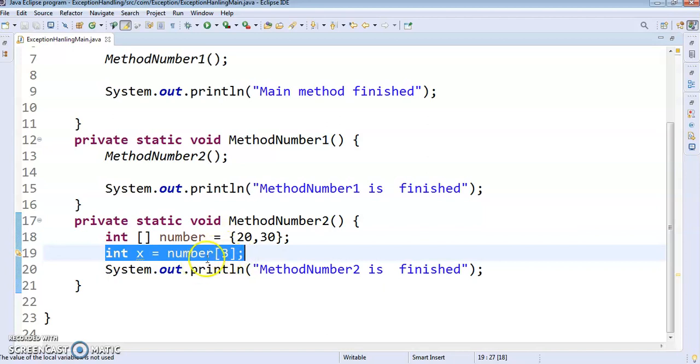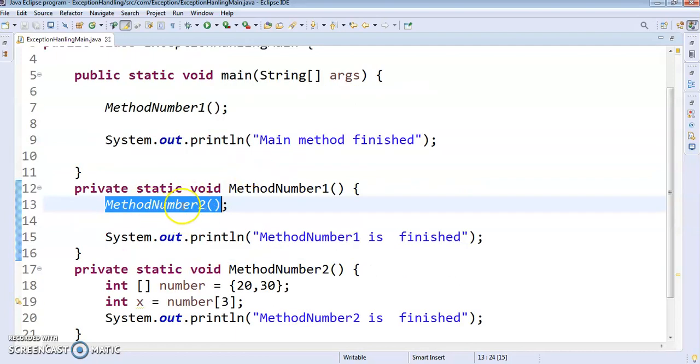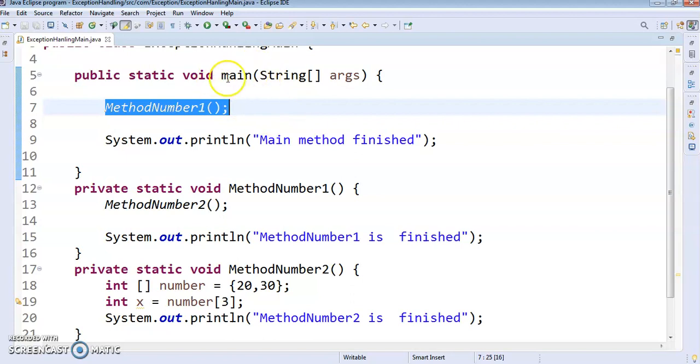The moment the exception is caused, there is no mechanism to handle it, so what it does is throw it back to the calling method, which is method number 2. Again we don't have a solution for that exception there, so it throws the exception to method number 1, and finally it goes to the main method, and finally it prints the call stack.